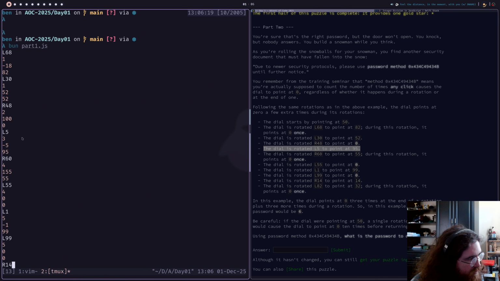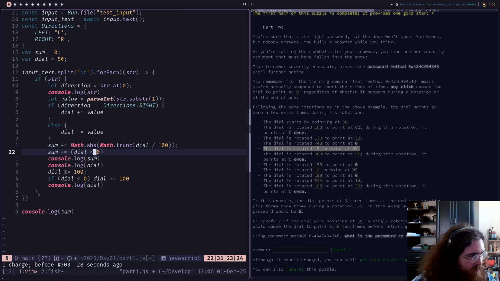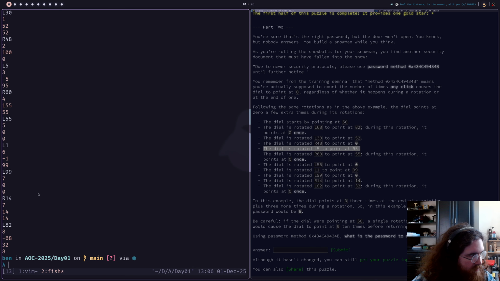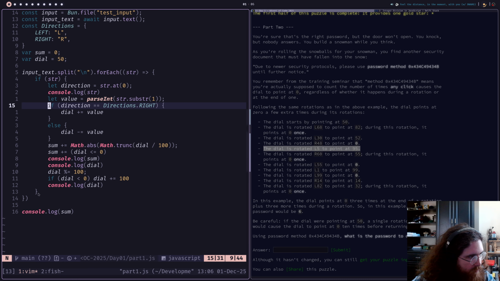Yeah, this is still saying that it's incrementing. So that's just wrong. It's just not counting the last one, or it's not counting one of the last ones. Yeah, this one it's not counting because it's on 0. So no, that doesn't fix it, but when it's on 0, so before we rotate,